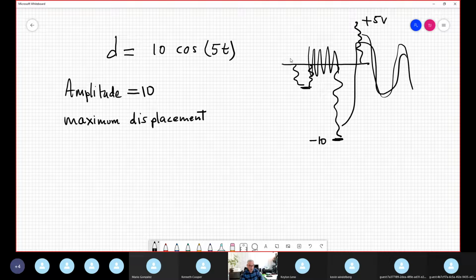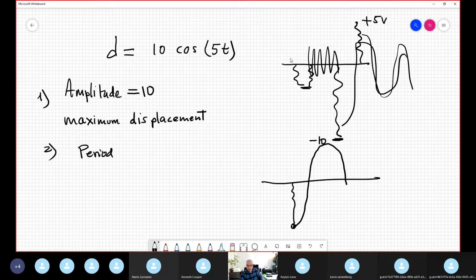Good. The first question is maximum displacement. The second question is, what is the time required for one oscillation? This is called a period. One oscillation means you, for example, take the spring, move it down, complete one entire oscillation, and come back to the initial position. This is the time for this. And the formula is easy. The formula is